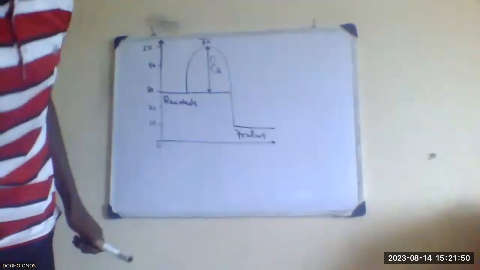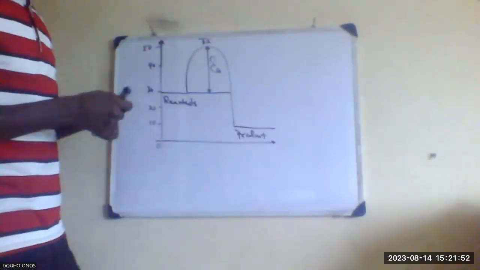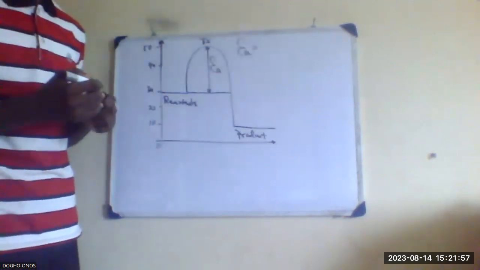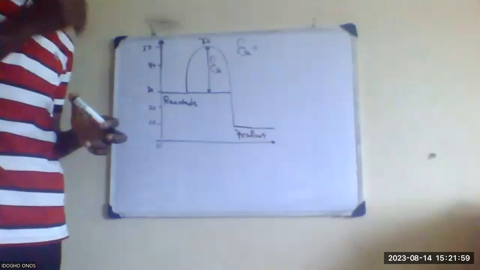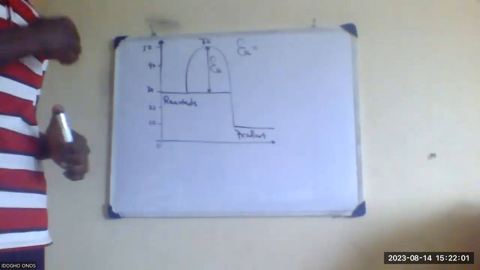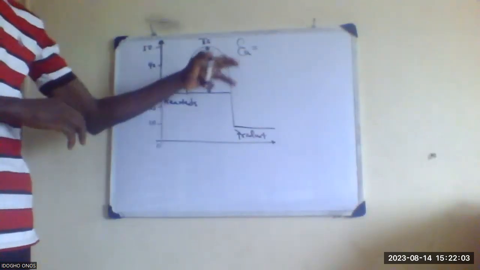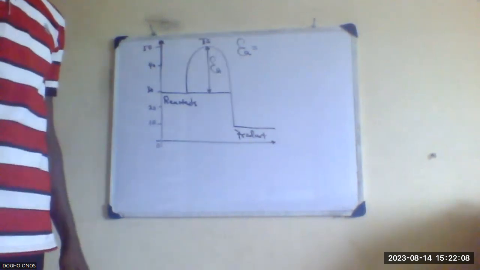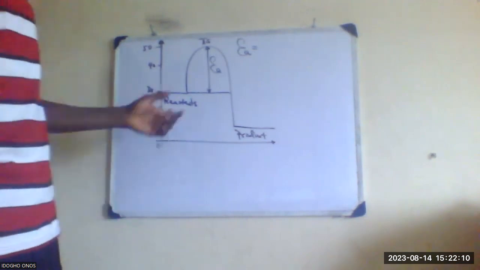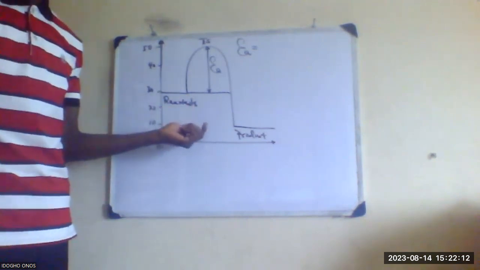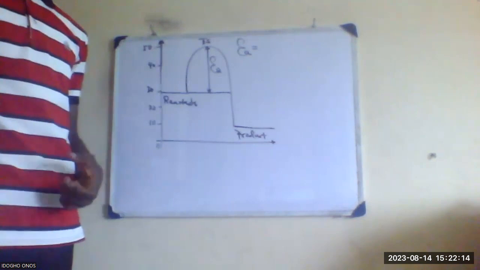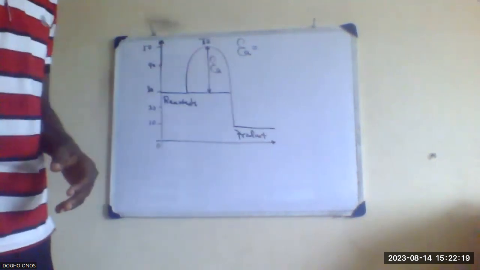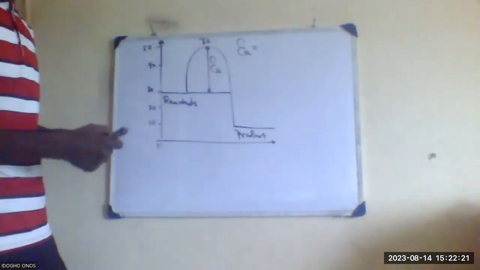Okay. A is activation energy. So what is the formula for calculating activation energy, by definition? Definition of activation energy: it is simply the minimum amount of energy needed for a chemical reaction to occur. That is activation energy. And the formula for calculating activation energy is